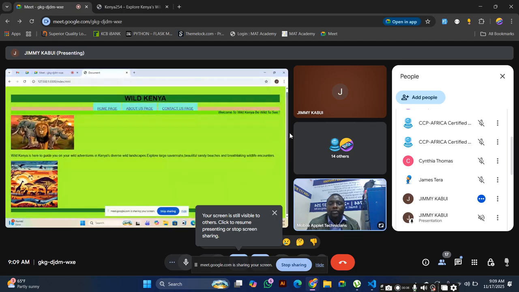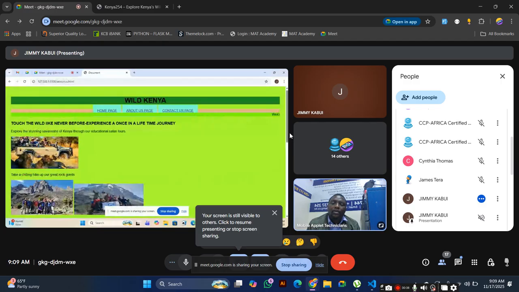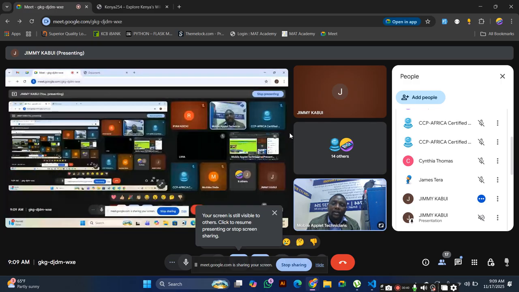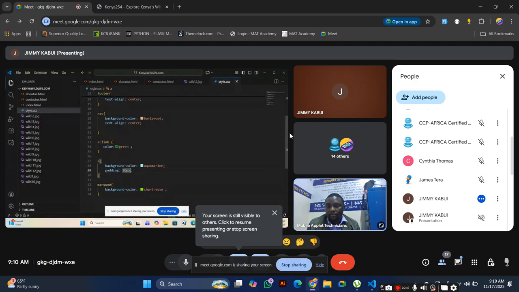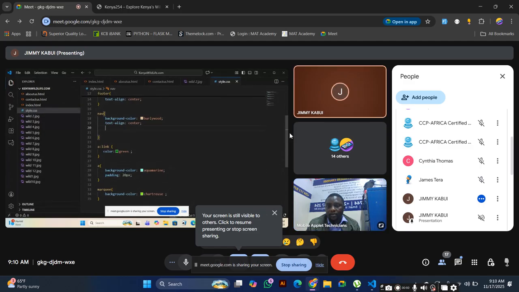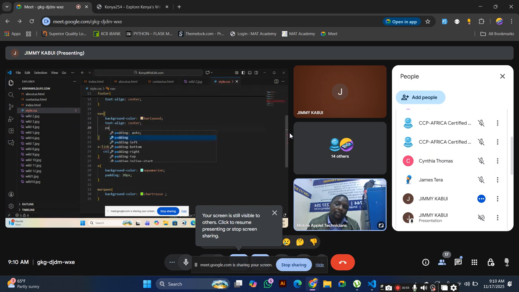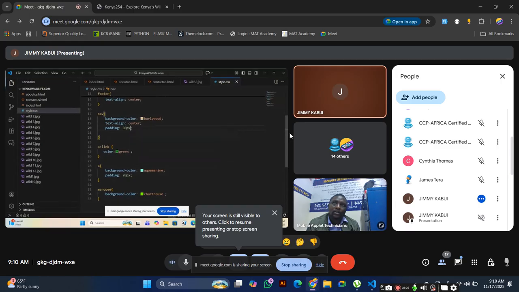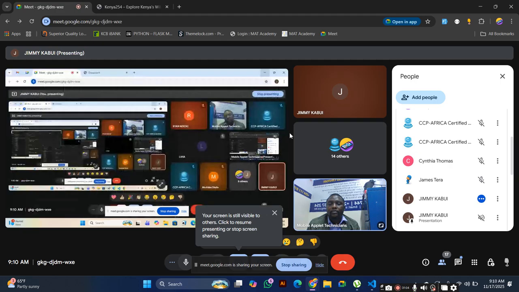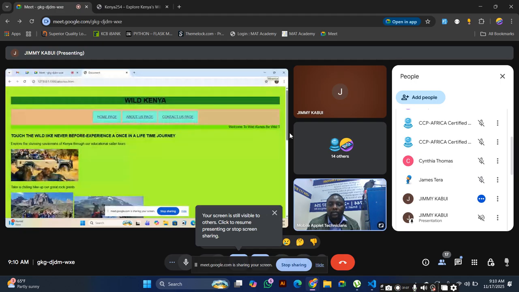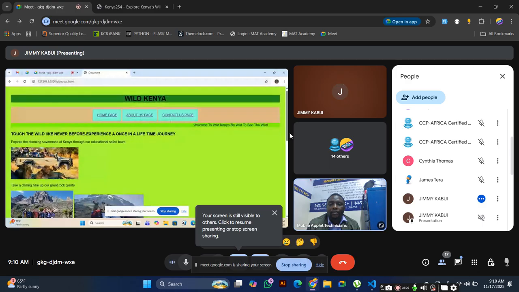So can you also give the nav bar some padding too? Maybe something like 30 px. Yeah, at least now it's a bit bigger.